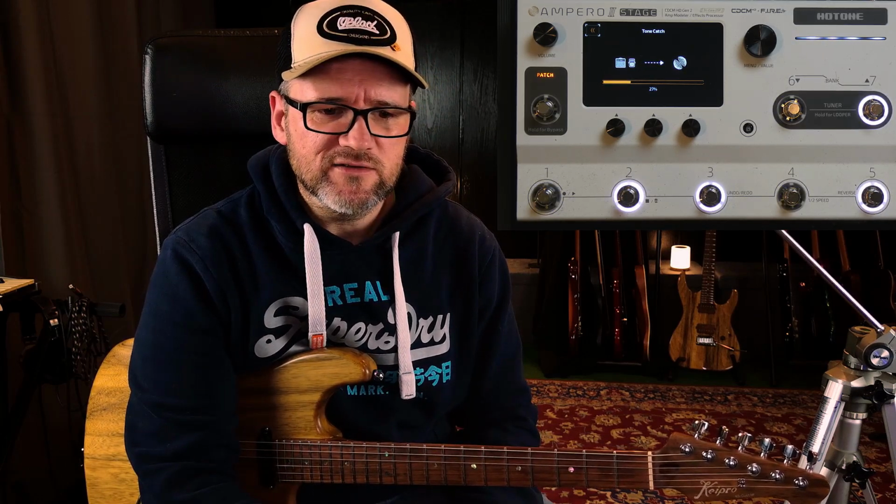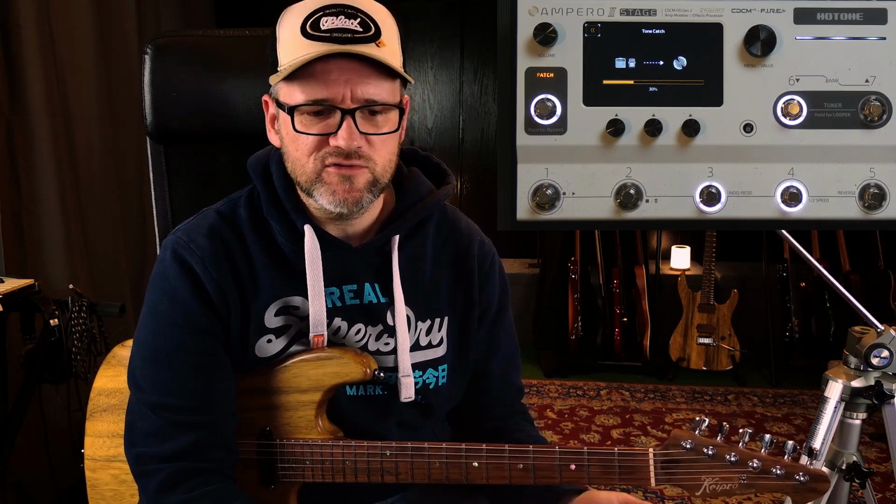And then there's also a nice feature called fine tune, so that you can really fine tune it out. Just play some chords basically. In my experience it's good to let a chord ring and then do the fine tuning maybe again and to hit really hard. It doesn't matter what you play too much. You don't need to play your best licks or lines, just play some chords, do some palm muting and stuff like this, so it really tries to learn the reactions of the guitar, some dynamics. Of course, you can fine tune it 10 times in a row, but